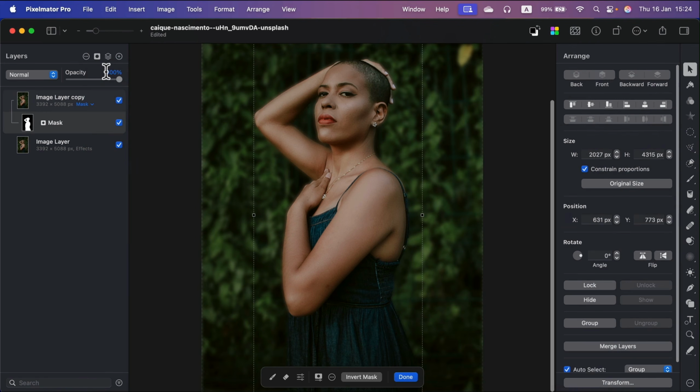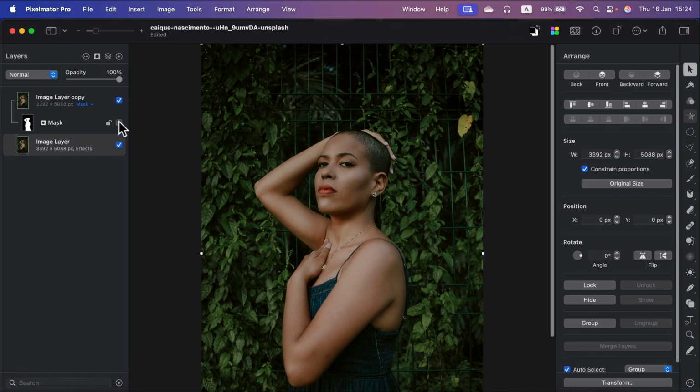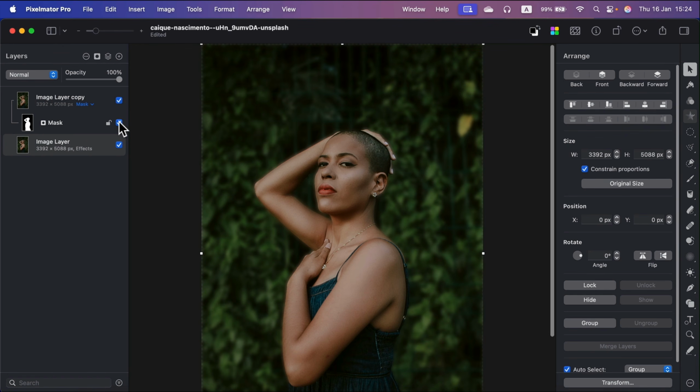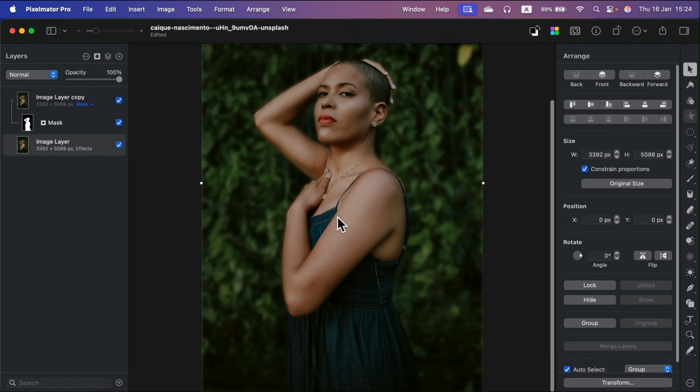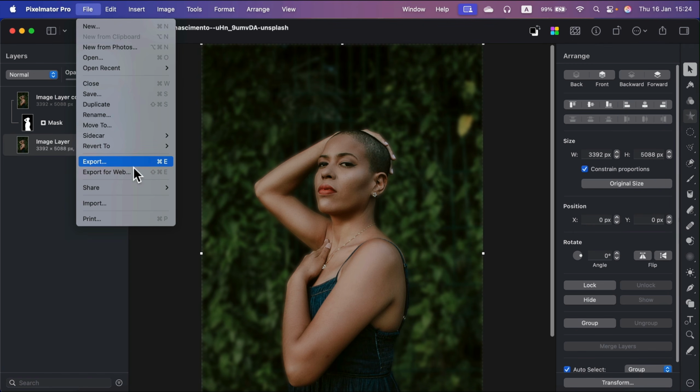Add mask, and here it is. We got a mask. Click done, and we got a better result this time. Keep in mind, we still got this blur image as the first layer, so that gives us the blur backdrop around the person, and we got this one, the mask, that allows us to only see the person, the subject of the photo. So that's how you blur only the backdrop. Now you are ready to save it as a brand new picture. Simply File,